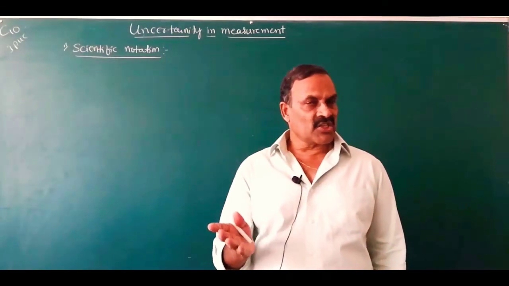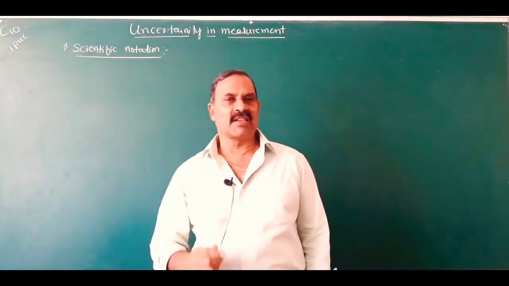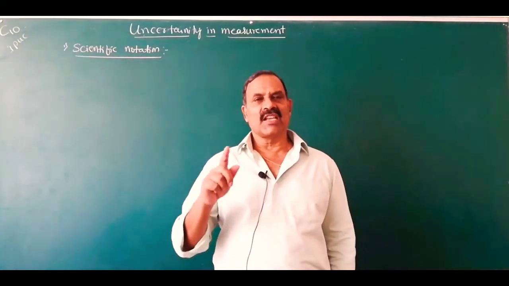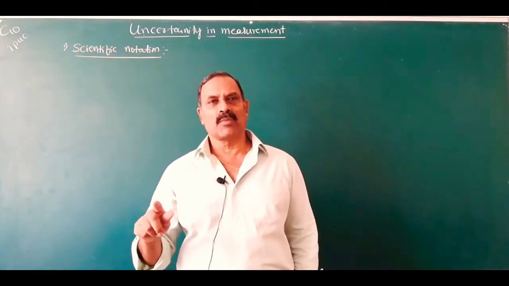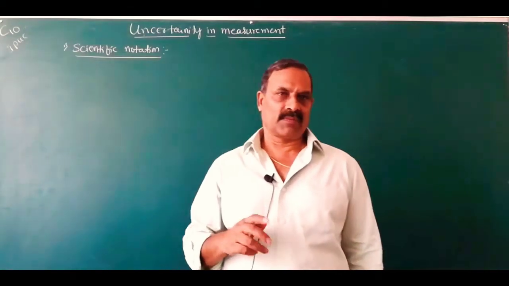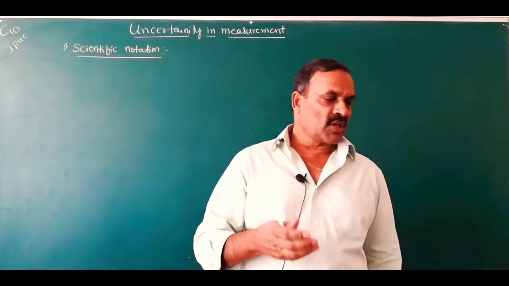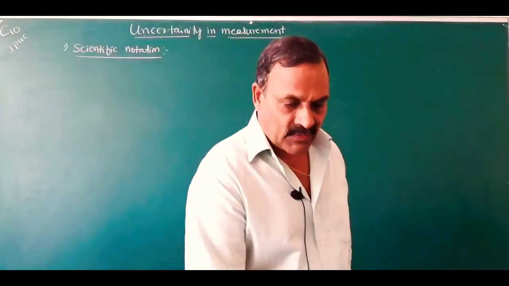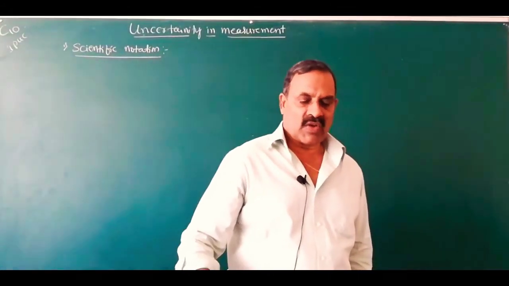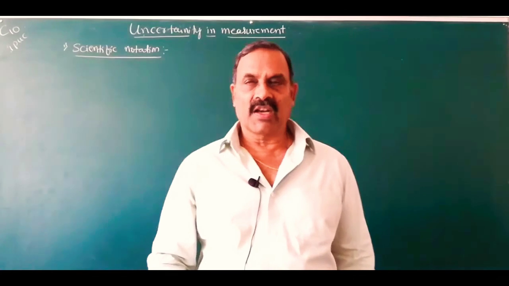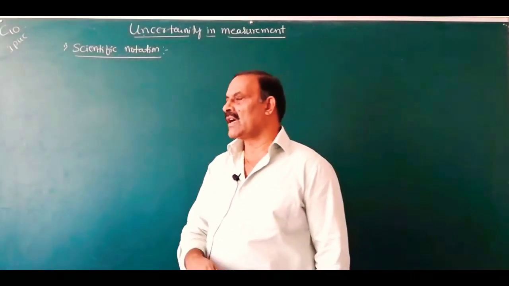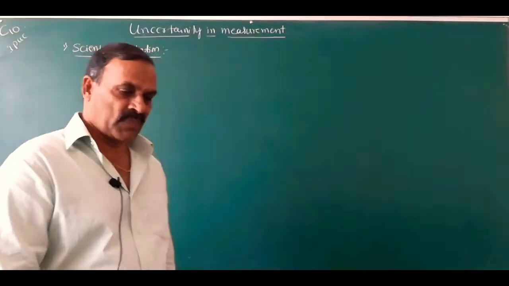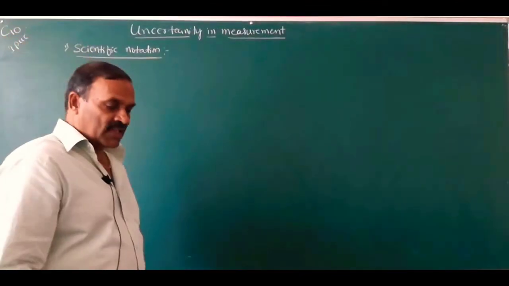Then what is the relationship between Kelvin and degree Celsius? Kelvin temperature equals degree Celsius plus 273.15. And I have also given 1 or 2 examples of how to convert from degree Celsius to Fahrenheit or from Fahrenheit to degree Celsius, and then Kelvin to degree Celsius and degree Celsius to Kelvin.